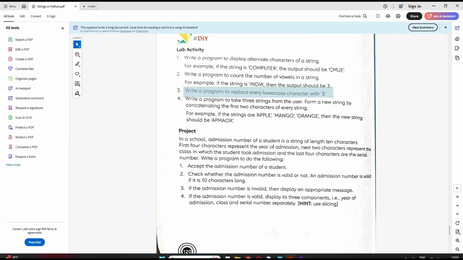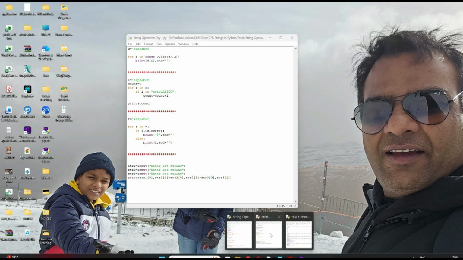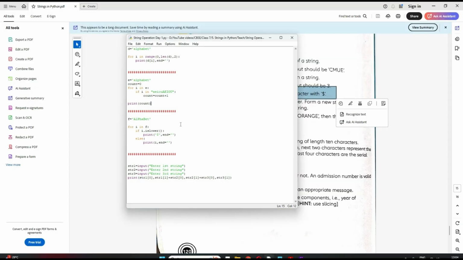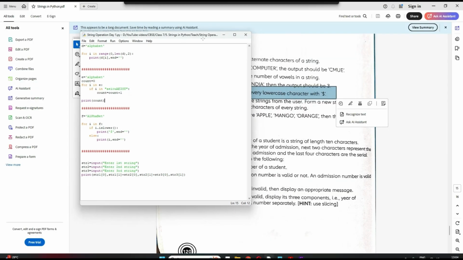Write a program to replace every lowercase character with a dollar. So in a string, if you have a lowercase, you have to replace it with a dollar sign. Here I have taken F, which is a combination of lowercase and uppercase. I have to traverse each character again, so I am doing it without the range function.